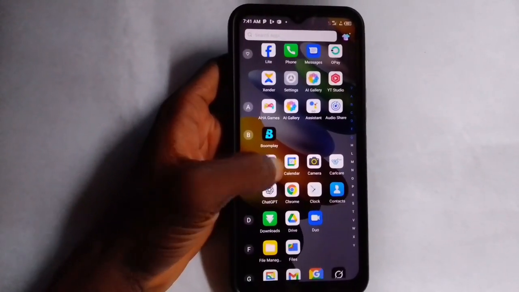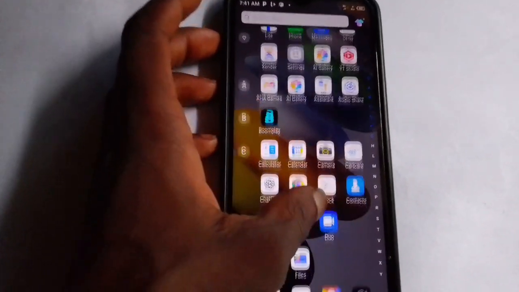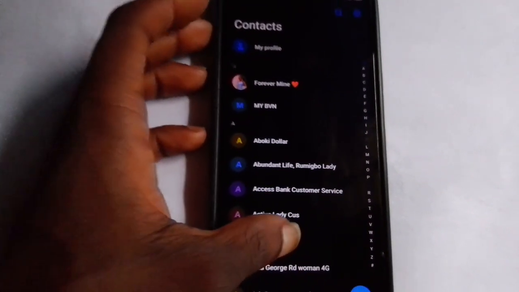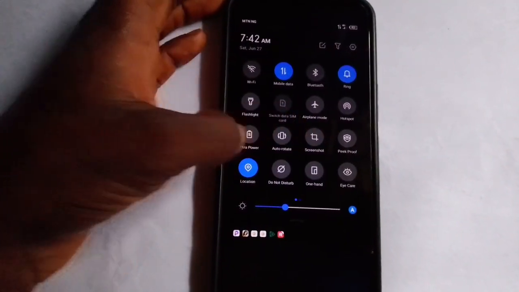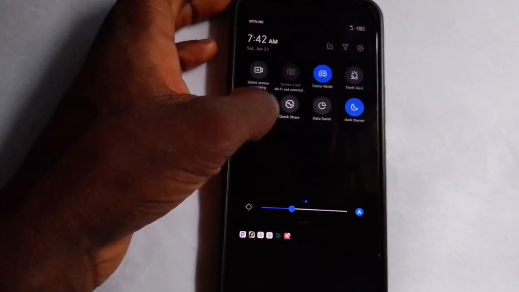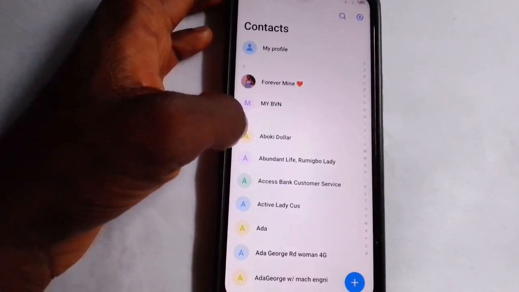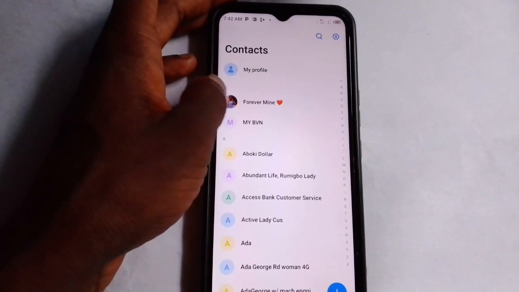So now if you see here, I just entered my phone contacts. This is the contact that usually comes with the phone. So when you enter it, this one is the normal phone contact. Let me put my device in lighter mode so that we can see things clearly. Okay, so this is the normal phone contacts that come with the normal phone,